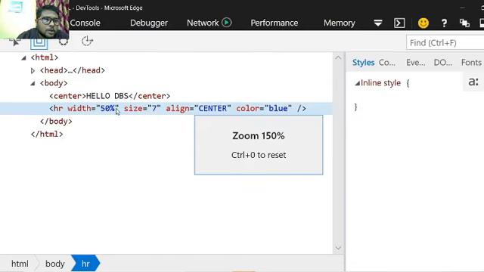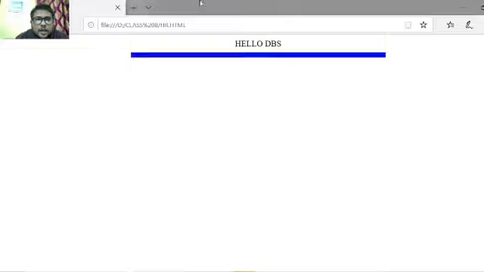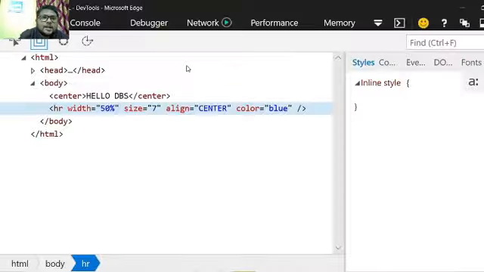Okay, see, HR width equal to 50%. So the width of this line is 50% of the entire web page.